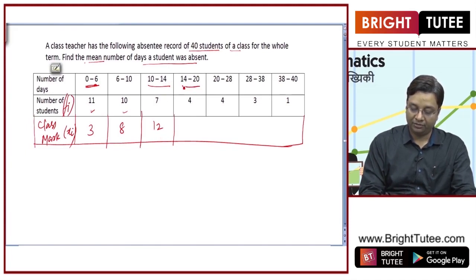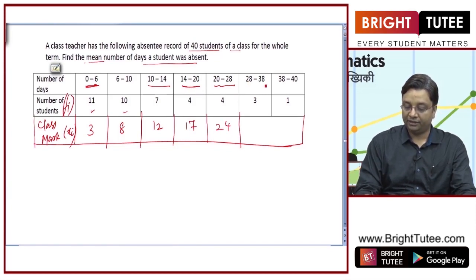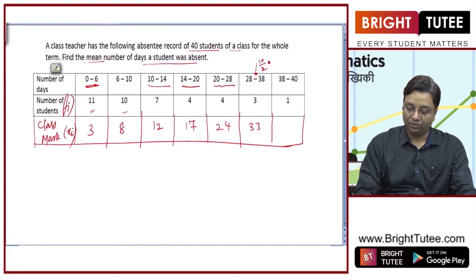Now 14 plus 20 is 34, divided by 2 is 17. This will give you 48 divided by 2, 24, 28, 38. So there is a difference of 10 here, right? So this will be 33. Now look at the difference, right? The difference is 10. Now if you divide it by 2, you get 5 here. So if you add 5 here or subtract 5 from it, it will give you the mean of these numbers,